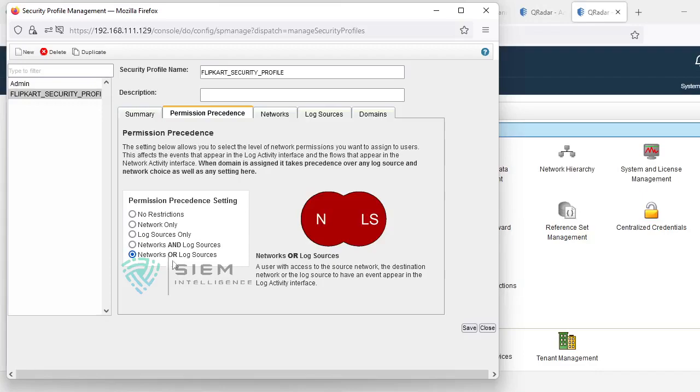Or if you select both network and log source, that means you can call any of your family. Your organization may have 10 members of your family, and if one of your friends also comes, it will collect it. It will accept everything. But OR means whatever your network detail is.